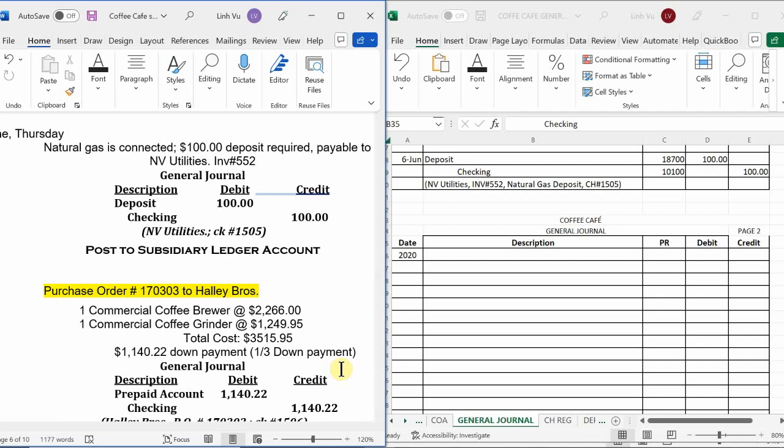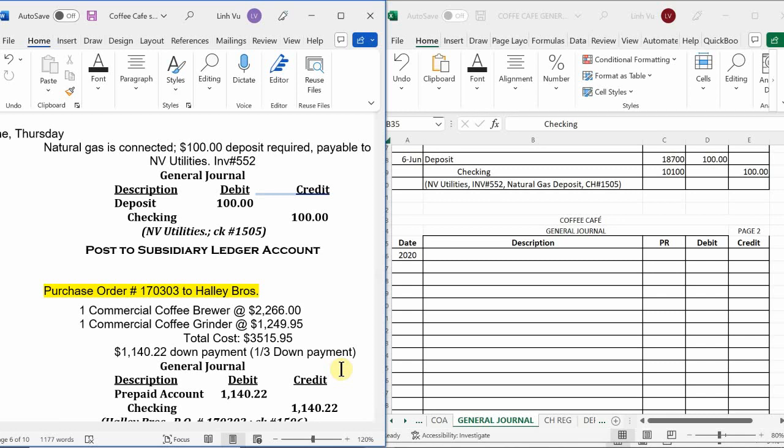So in this case, Hallie Bros is going to require me to make a down payment to ensure the commitment of purchasing these items and not getting penalized or faulted out of it, right? So in this case, we are going to be creating a down payment, an advanced payment,